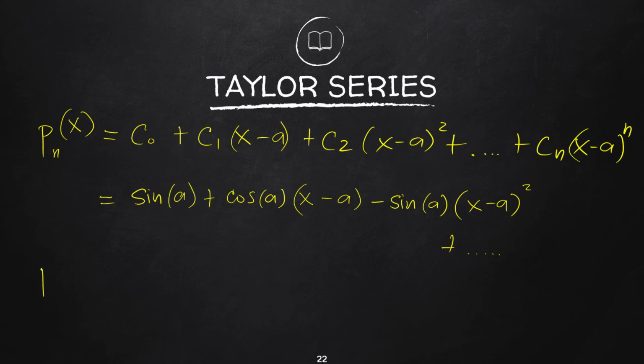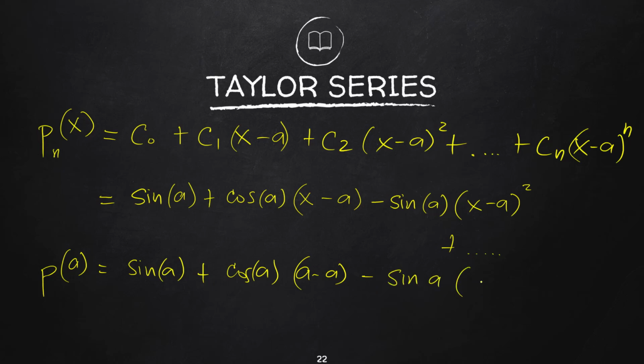So again, if you evaluate this p of a, this will become sine of a plus cosine of a times a minus a, minus sine of a times (a minus a) squared. It will become 0. It's essentially become 0. Sine of a,